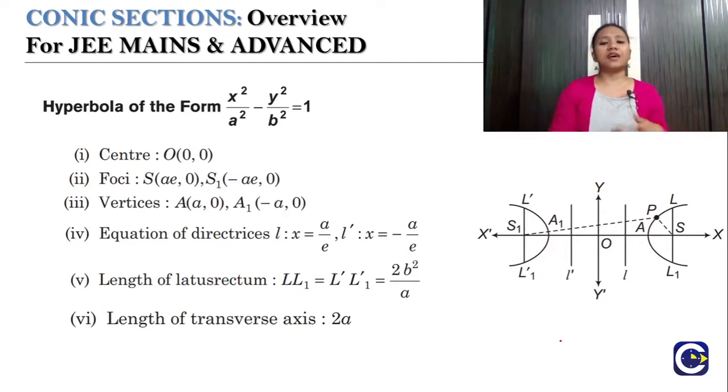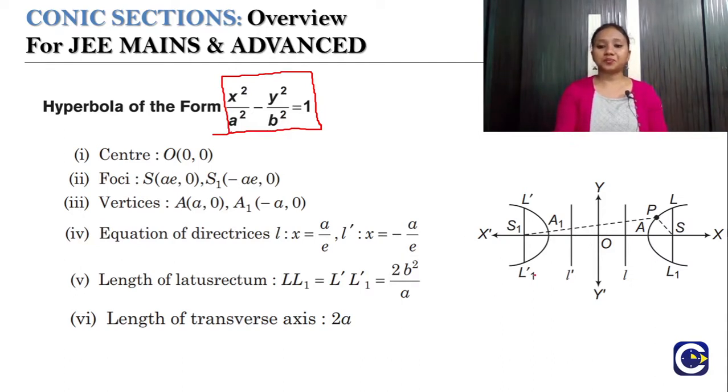So now as we have seen our definition, as well as how we can derive the equation of hyperbola with respect to that definition, let's get into our equation forms and see the standard terms related to the hyperbola of different forms, right? So our first form of hyperbola is with the equation x square by a square minus y square by b square is equal to 1. So this is my standard form of hyperbola, you can see here.